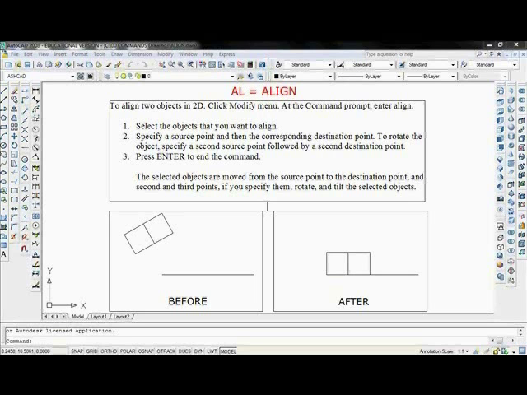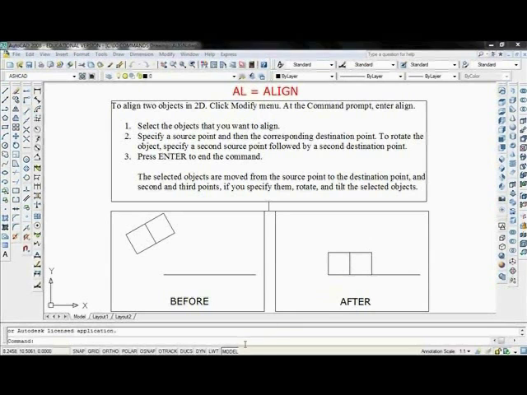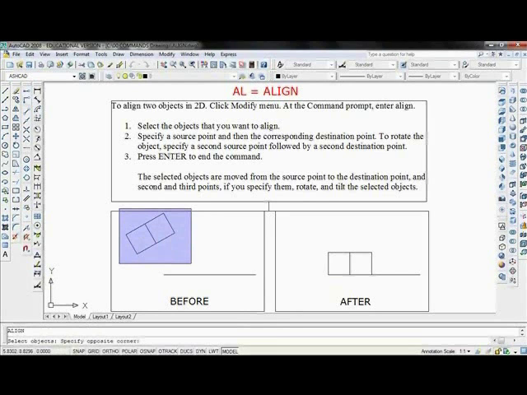This video will show how to align two objects in 2D. The first thing to do is to make the command line active, type AL, enter, and select the objects. I'll select them with a window. Enter. I'll have to pick the first point, but I need OSNAP to be on, so I'll connect these 2 points,